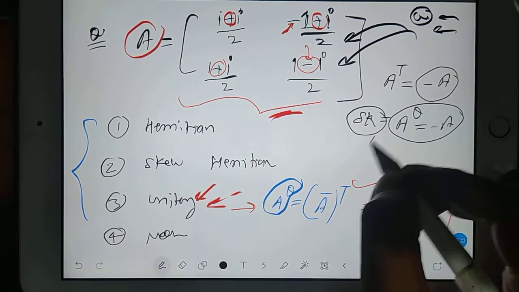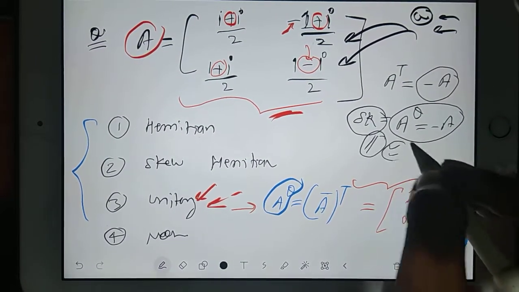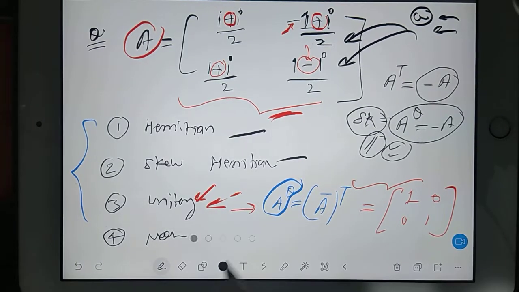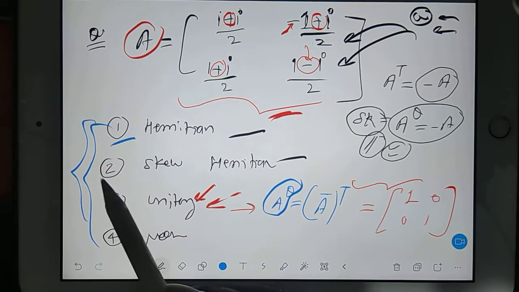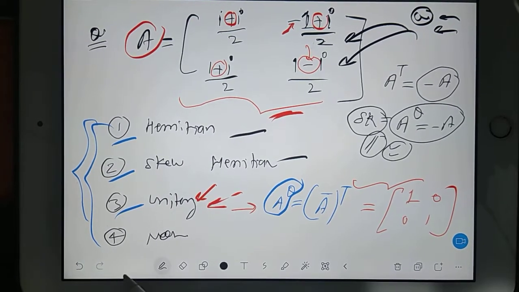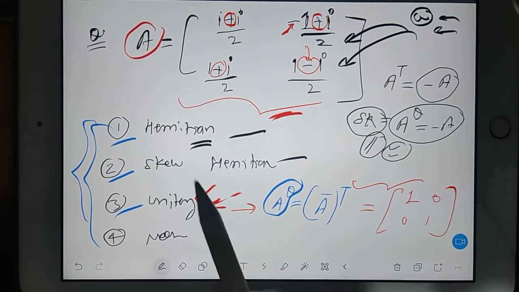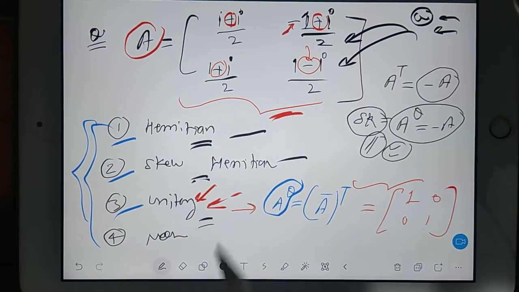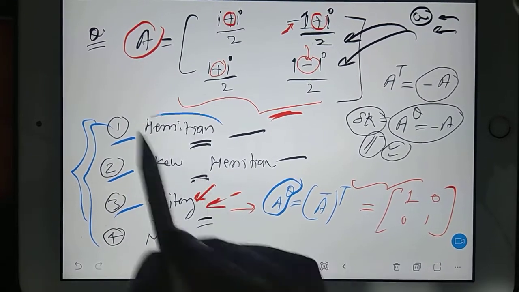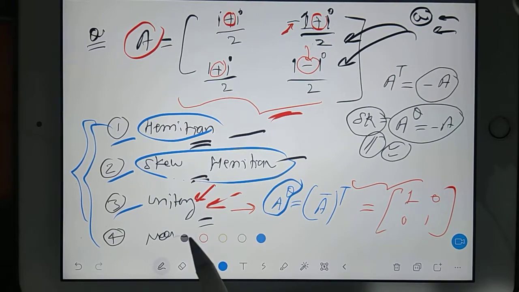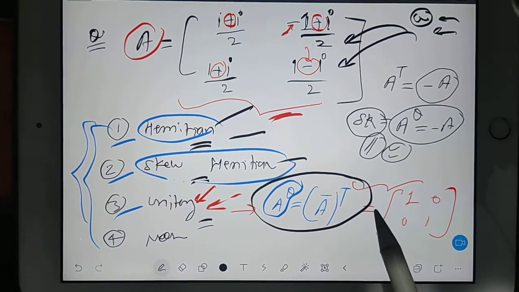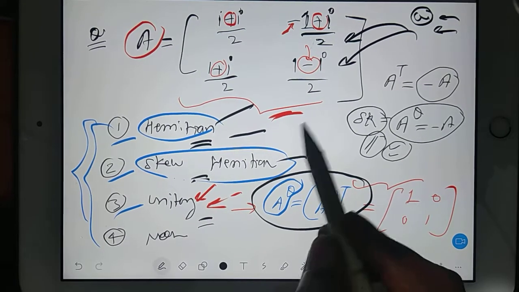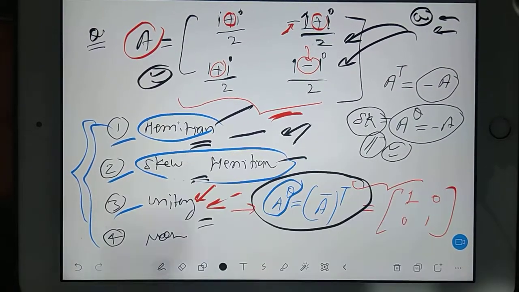Any matrix, if they're asking in the GATE exam, check what kind of matrix it is. What if this question is lying in MSQ? In that case, the question will be lengthy. It means we have to check the Hermitian concept also, skew Hermitian concept also, and unitary also. But the same matrix will not follow Hermitian and skew Hermitian at a time, correct? Any one will follow, and after that it may follow this concept also. So when this kind of question comes in the exam, quickly you should follow this.